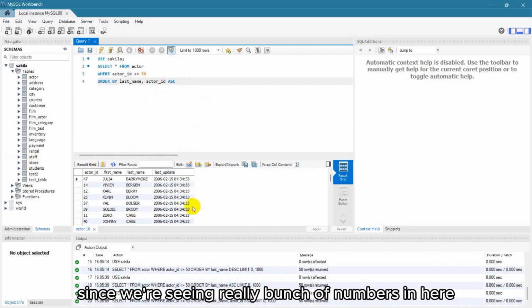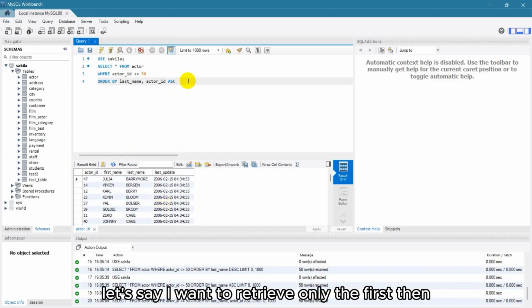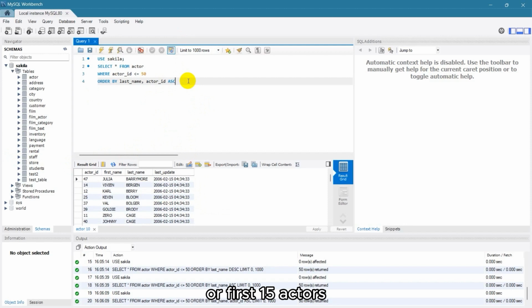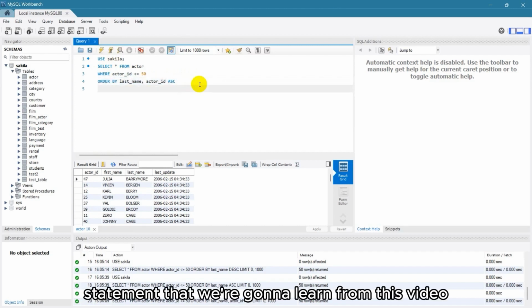Now the next thing: since we're seeing a lot of numbers in here, let's say I want to retrieve only the first 10 or first 15 actors that met this condition. So how do I do that? Of course, I'm going to use the last statement that we're going to learn in this video, which is called